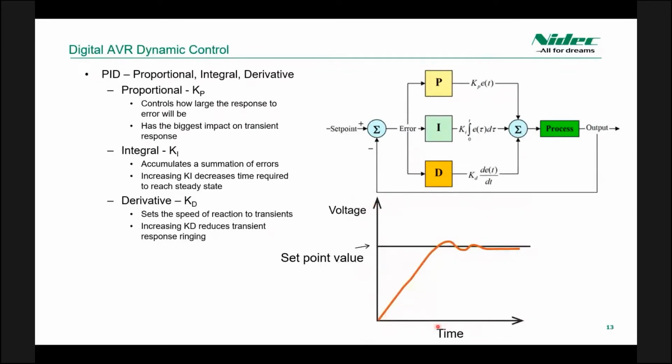So this axis right here is time, and this axis is voltage. So we're going to pretend for a moment that this is a response to a transient. So we just applied a huge amount of load. So we're coming from this is the set point. So we were at the set point, and now we hit a huge load, and so we're coming back up to rated. This initial portion of the ramping back up is mostly going to be governed by the P setting. So proportional is going to take us back up towards the set point.